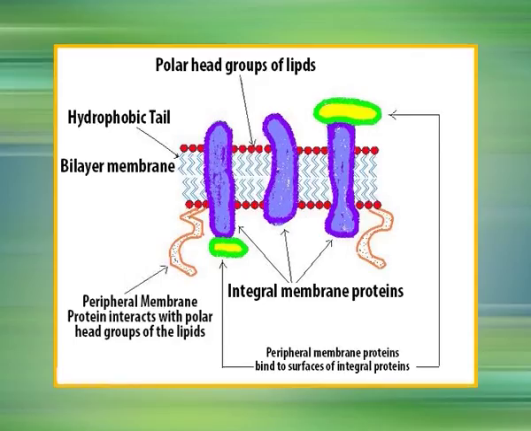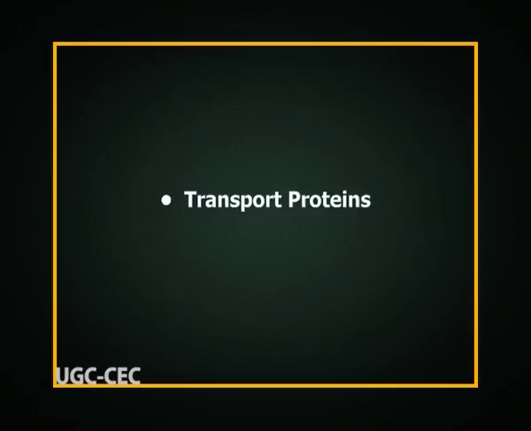Proteins that are held in the lipid bilayer very tightly and cannot be released by relatively gentle extraction procedures are called integral or intrinsic proteins. They are mostly transmembrane proteins, which have one or more segments embedded in the phospholipid bilayer and are amphipathic in nature. Now, transport proteins. Membrane proteins can also be classified on the basis of functions like catalytic proteins, structural proteins,